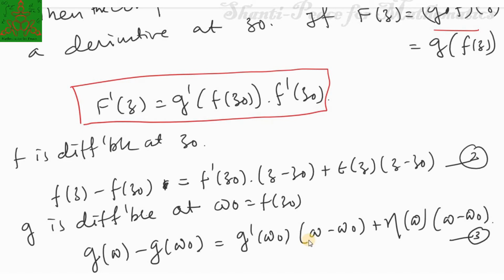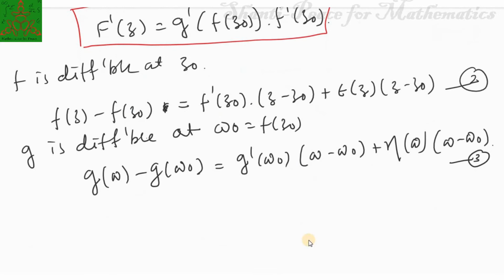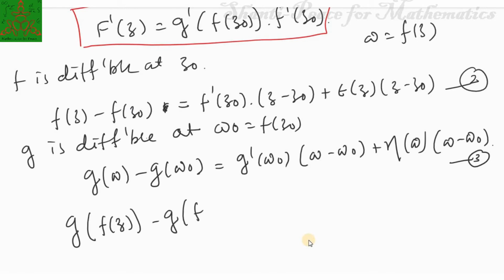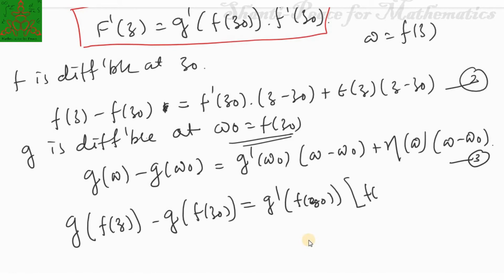What is w? w is f of z. So what we get is g of f of z minus g of f of z0, because w0 is f of z0, that is minus f of z0. This we can write as g dash of f of z0 times f of z minus f of z0 plus eta of f of z